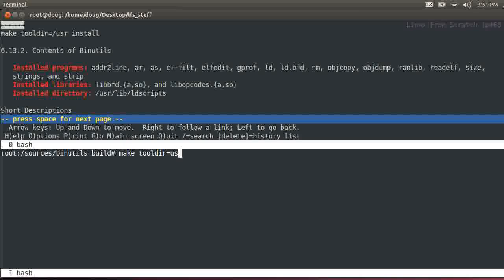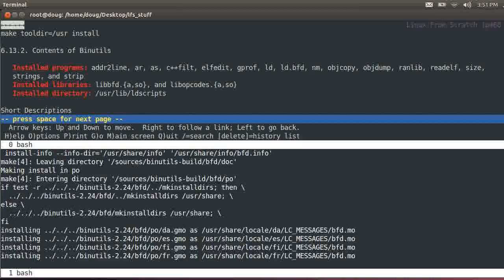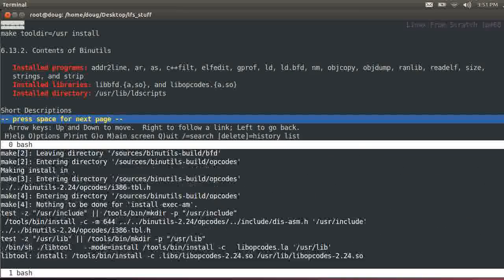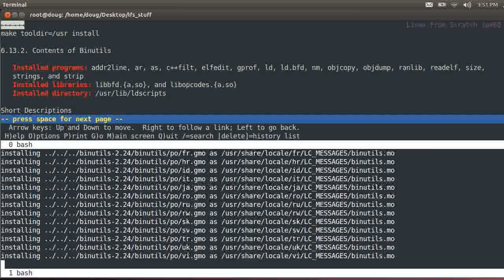Equals. make tooldir equals /usr install. It only took a couple seconds here. And so the beauty of